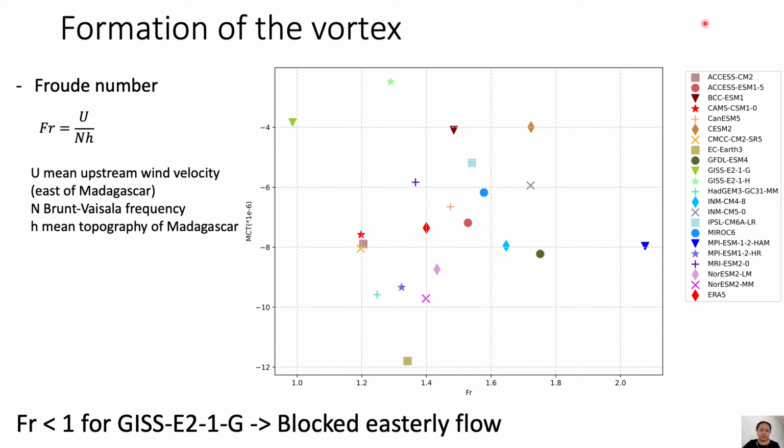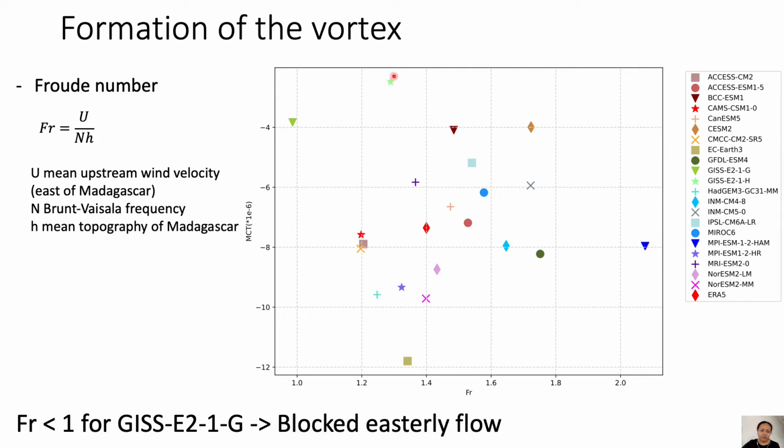So one way to characterize that is the Froude number, which is given by the ratio between the mean upstream wind velocity and the Brunt-Väisälä frequency and mean topography over Madagascar. Different dots here represent different models. The x-axis is the Froude number, and the y-axis is the MCT. So as we can see here, the GISS models, with relatively low MCT,